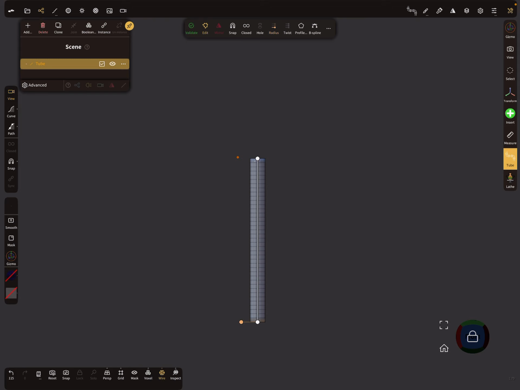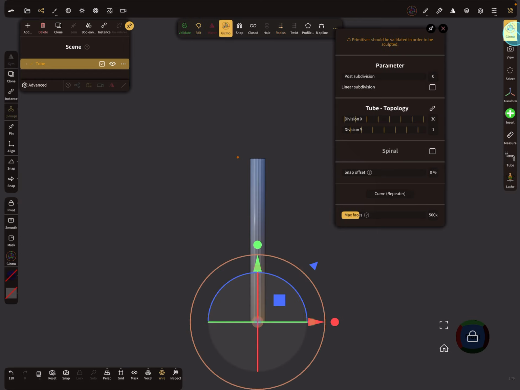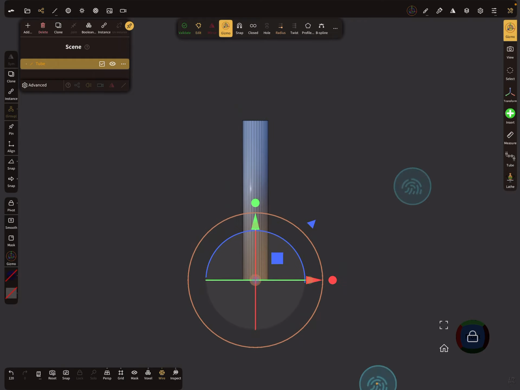So I turn the wireframe on, and here in the primitive settings you can change the Y division, so we only need one for the Y division. And when you activate the gizmo here, then you can change the length of the tube. So we start with something like this,